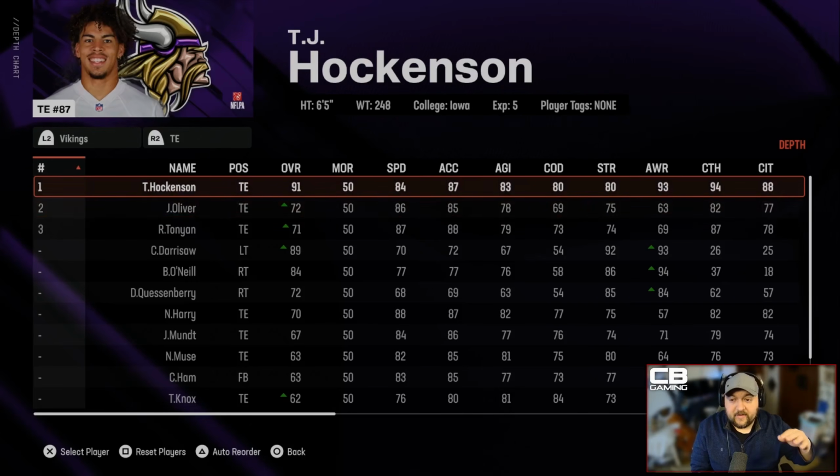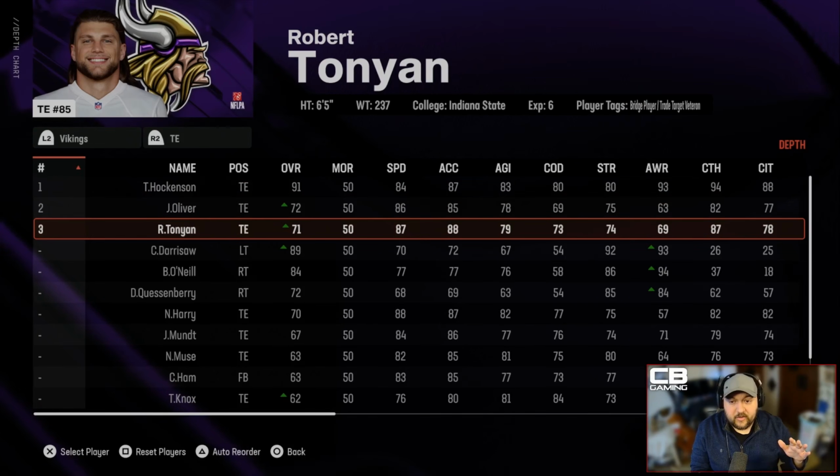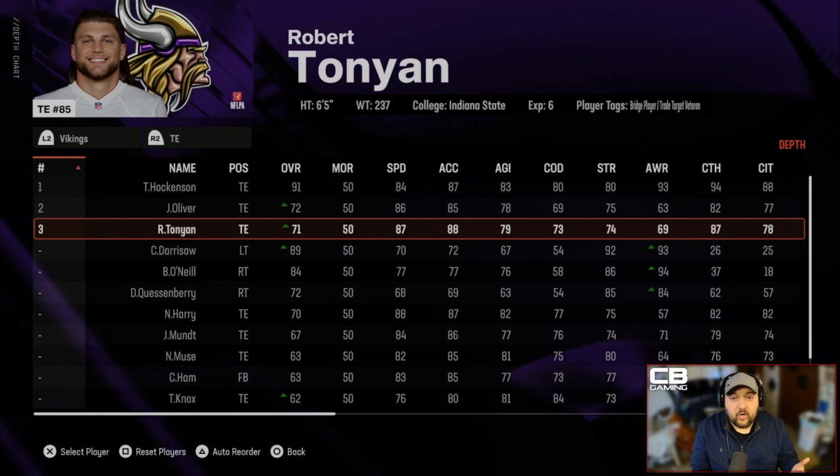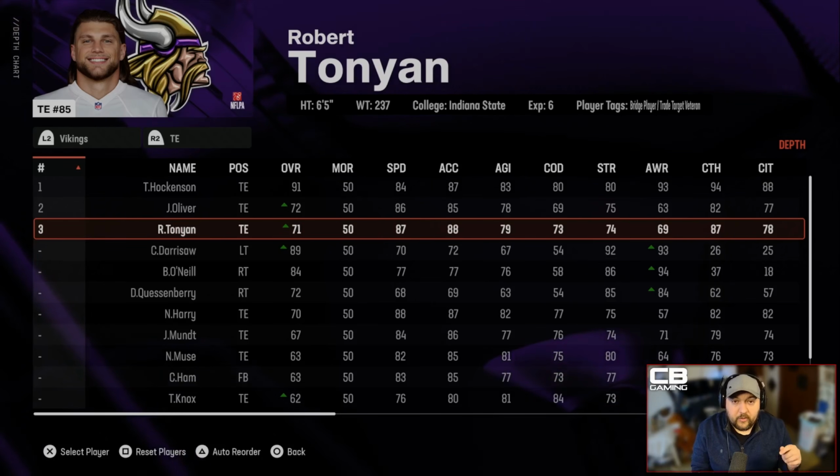If you have 3 tight ends, it's going to be Hawkinson, Oliver, and Tynion. There's nothing special here. The reason why you want to make sure you have 3 decent tight ends is because there are some sets that run passing situations out of 3 tight ends that are very good to use. And if you don't have 3 quality guys, or let's say you have a guy that's hurt,